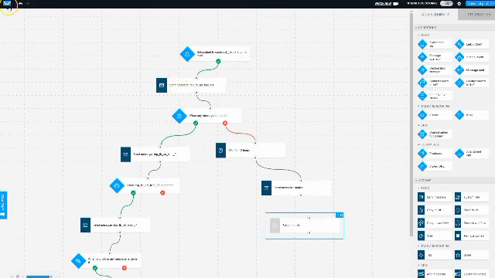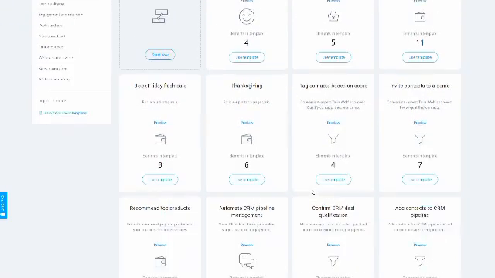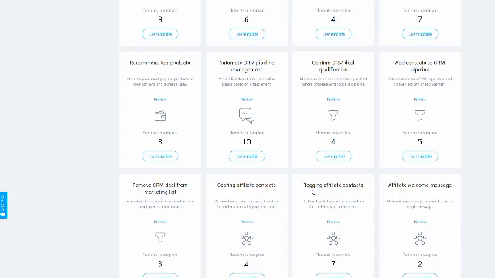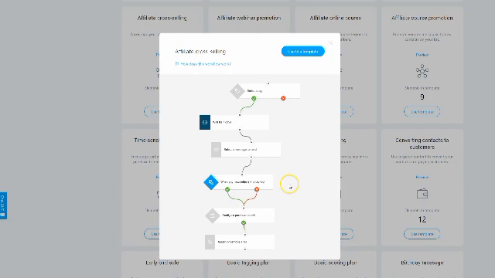Now let's head back over to where we were a moment ago, to the actual automation dashboard, where those templates were. And let's look at some example templates, just so you get an idea of what other businesses are doing. Okay, we have affiliate cross-selling. Okay,